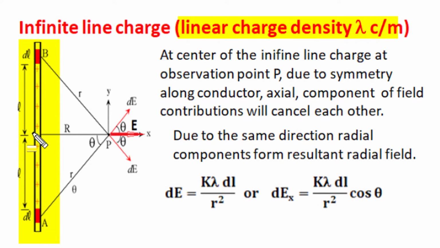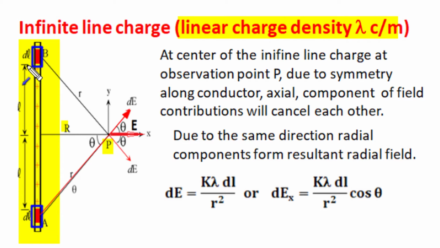For this long line charge, at the perpendicular bisector with normal r distance, we have an observation point P. For symmetry of this central position, we consider two elemental lengths dl on both sides of this central point at identical L distance. Such elemental dl length can be treated as a point charge of amount lambda dl, and at a smaller distance from this elemental point charge, the radial outward electric field contribution is given by Coulomb's law as k q upon r square. For elemental charge lambda dl, the elemental electric contribution dE is given as k lambda dl over r square, and it is radial outward.